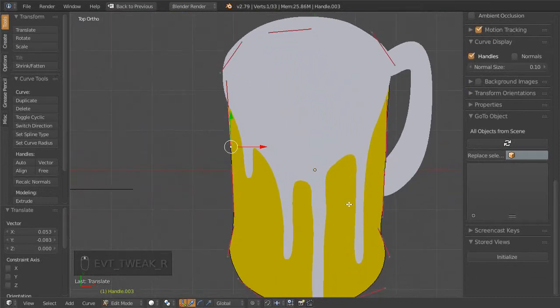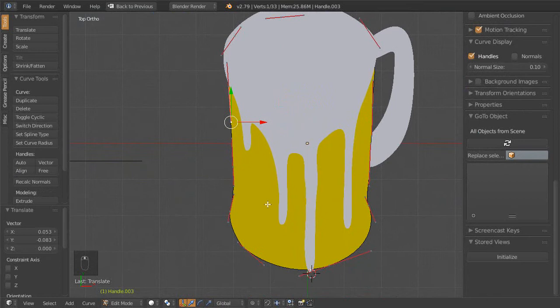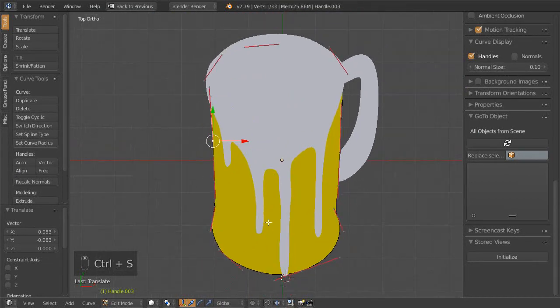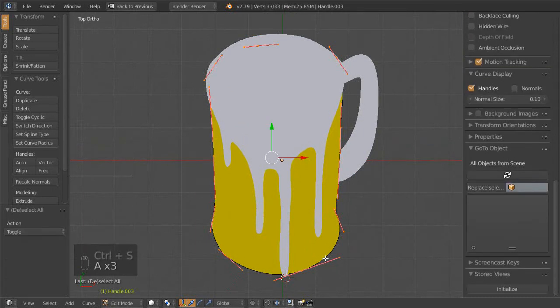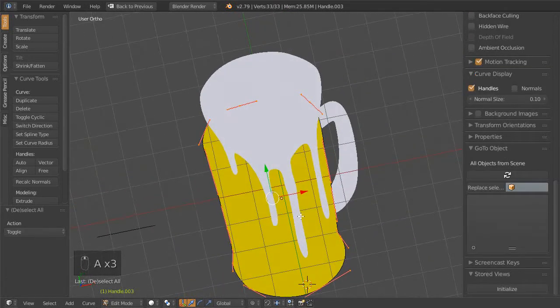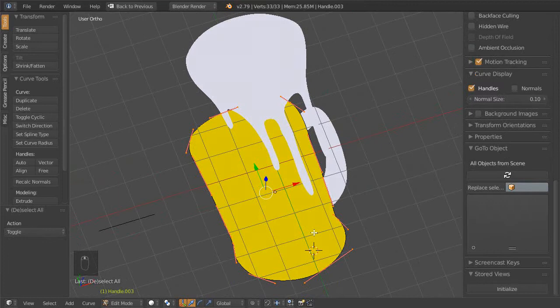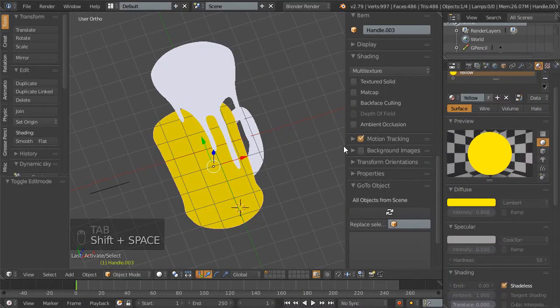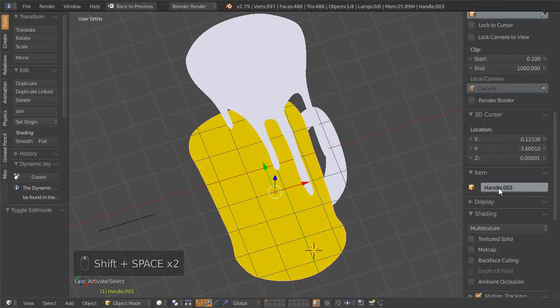So, just opening it up a little bit over here just so that it looks good. These look good to me right here. Control save. Alright, so I'm going to select everything, and I could tab out. That is the mug. I should have called it the mug already. It's handle 3, so